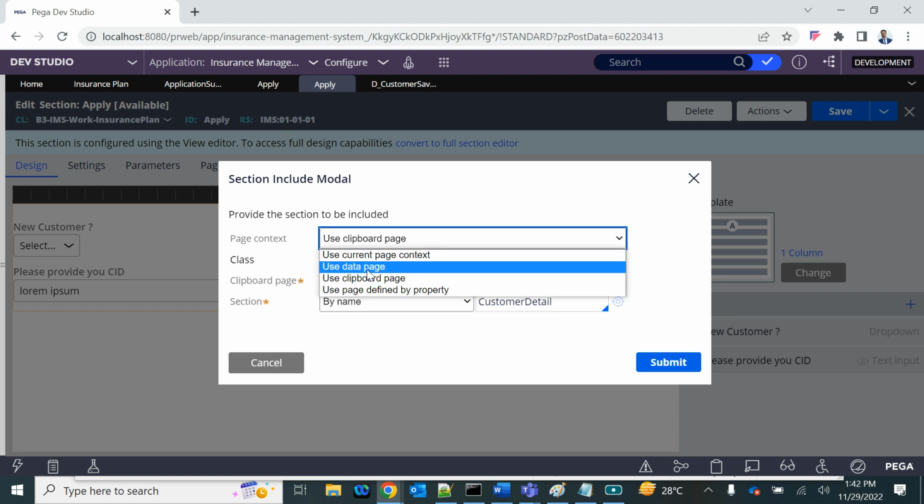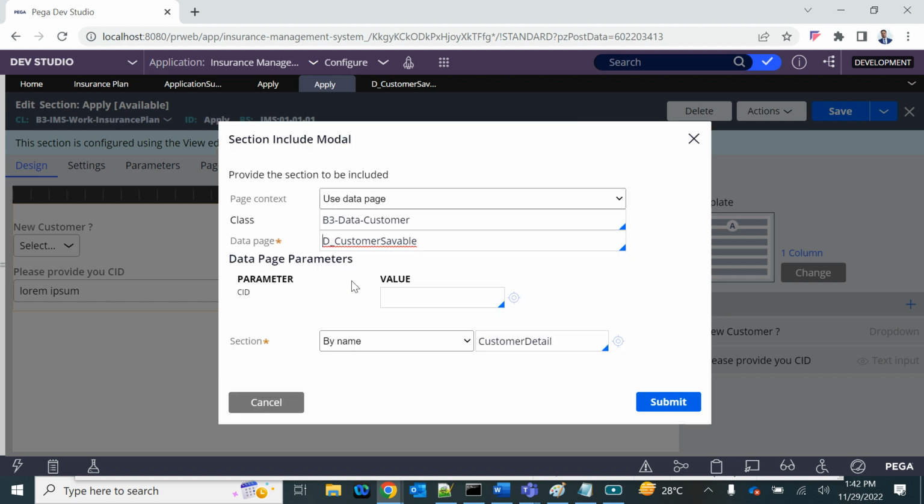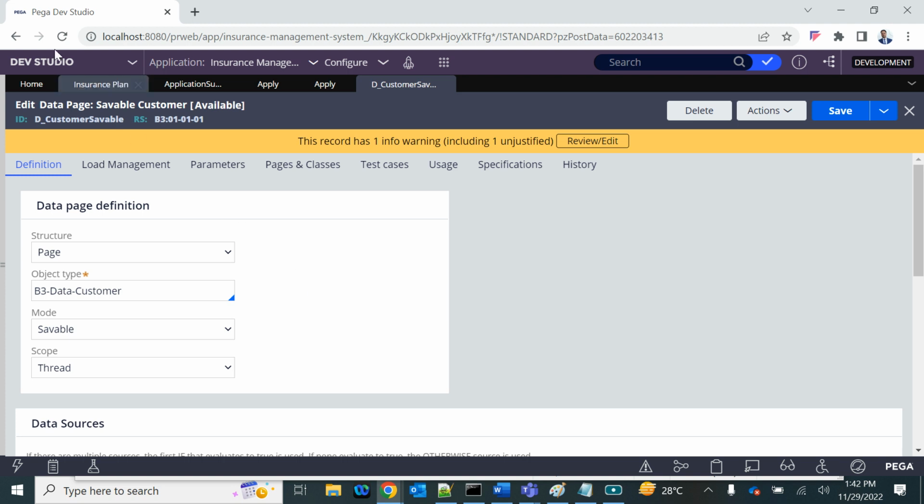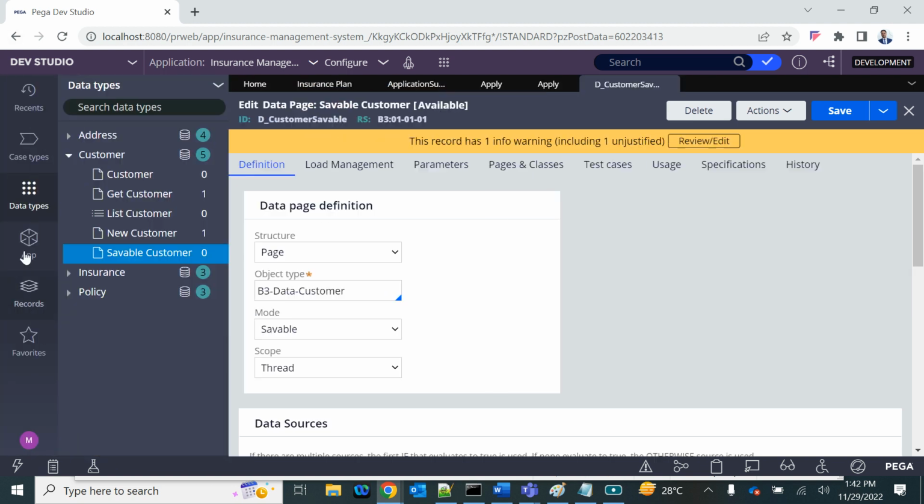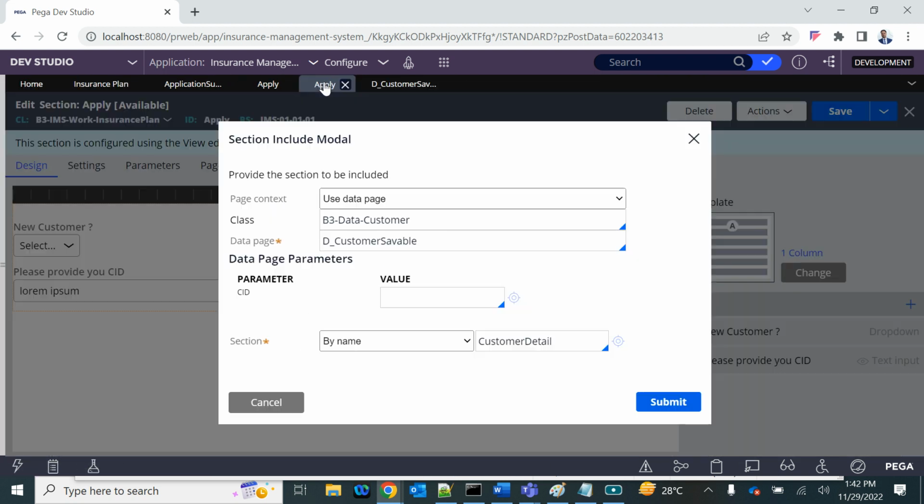Now, this time I'm going to use the data page. And the name of the data page is D underscore customer savable. That is the one that was set up as soon as you set up the data class. Pega automatically set up three data pages: one savable, one list of customer, and one read-only data page. Anyway, we are going to reuse that